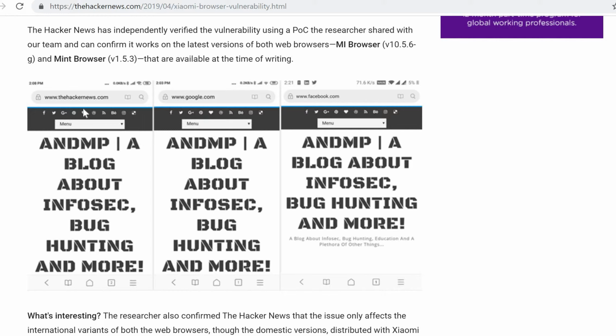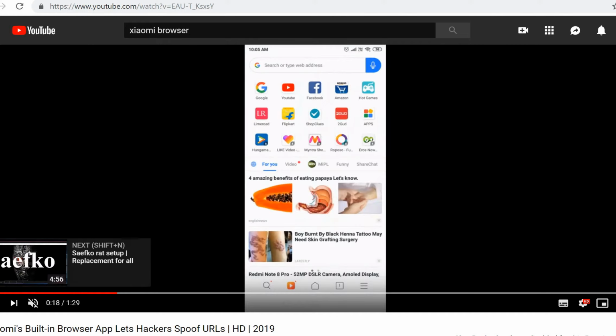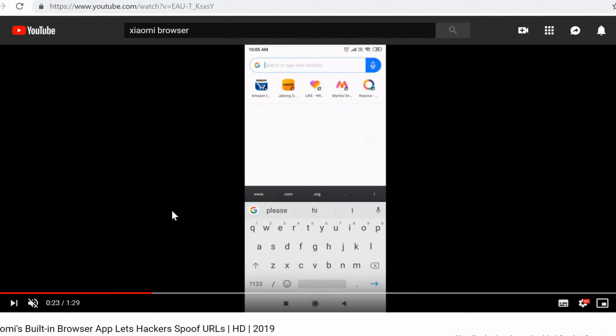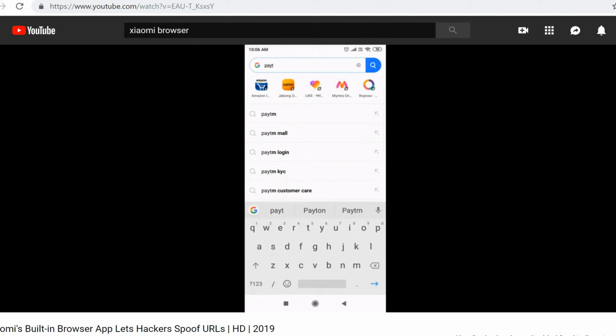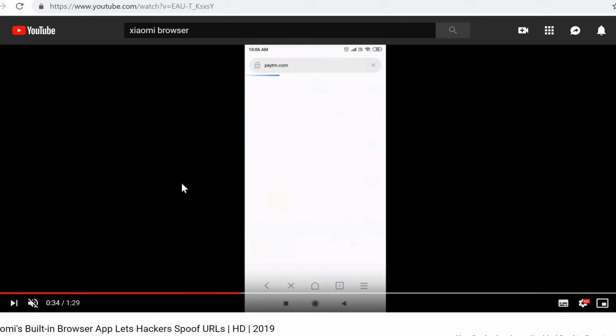So how this vulnerability works, I'm just going to explain with a quick example. Maybe I can bring up the video which is showing this vulnerability. This is a video not made by me, but by another YouTuber. But you can see actually how this vulnerability works on this browser. This is the YouTuber's phone. And if I just play it, he's opening the browser, and then he's typing Paytm, which is an Indian website for making payments to vendors. So he goes to paytm.com,